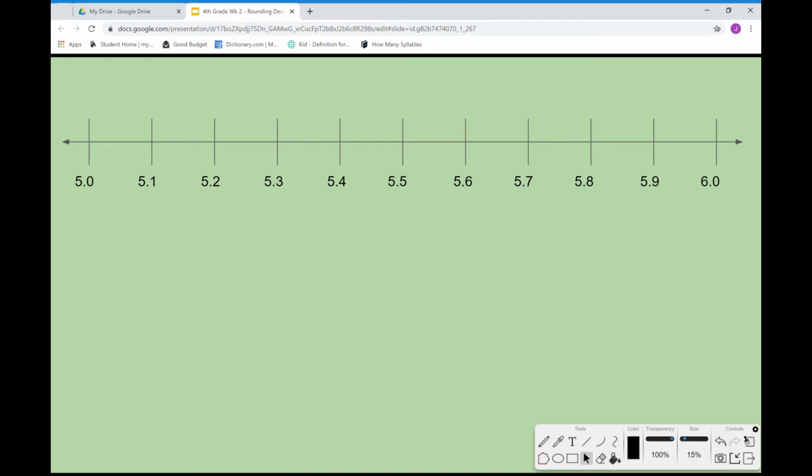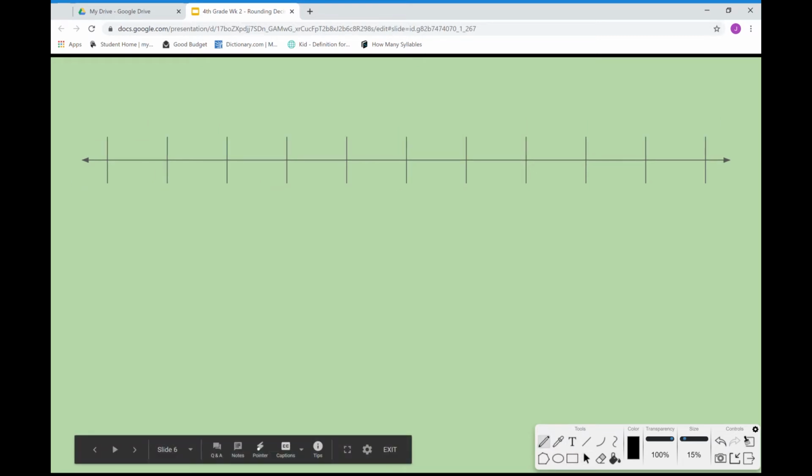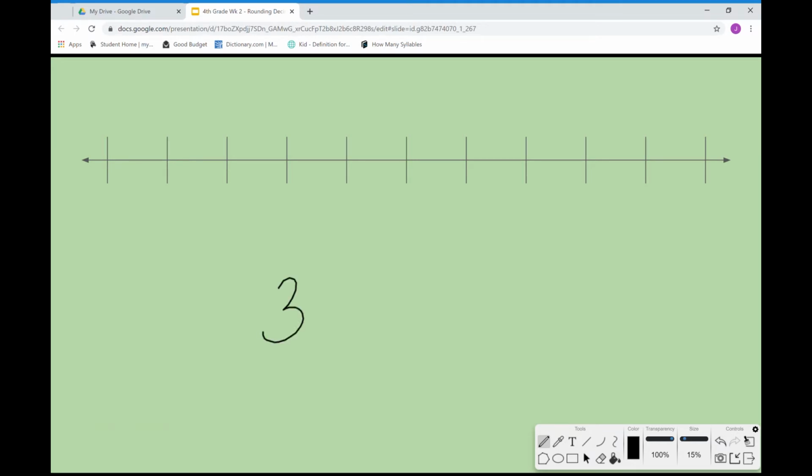Next, we are going to try rounding to the nearest tenth. This looks a little different, especially on a number line. Let's round the number 3 57/100 to the nearest tenth. On a number line, we have to look at which two numbers 3 57/100 goes between. But since we are rounding to the nearest tenth, we have to look at which two tenths the 3 57/100 is between. So, since 3 57/100 is between 3 5/10 and 3 6/10, that is what we are going to do